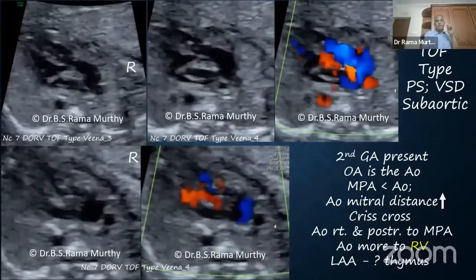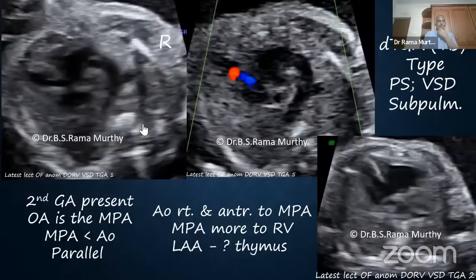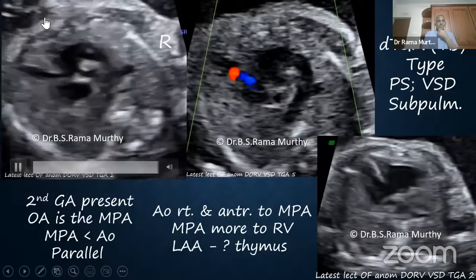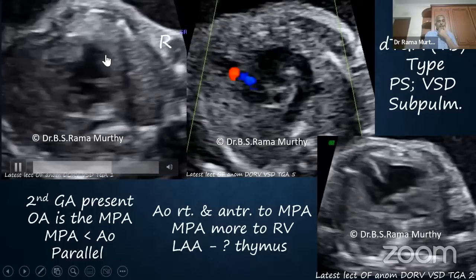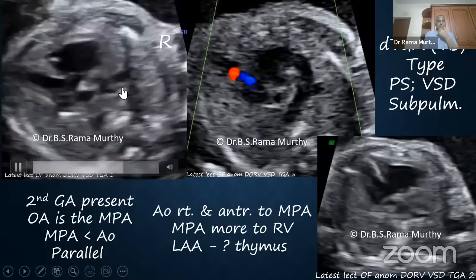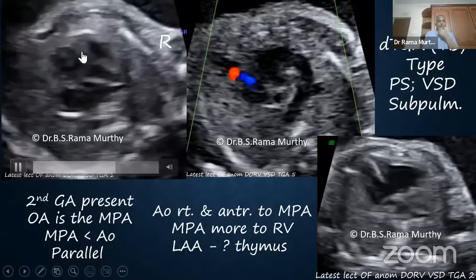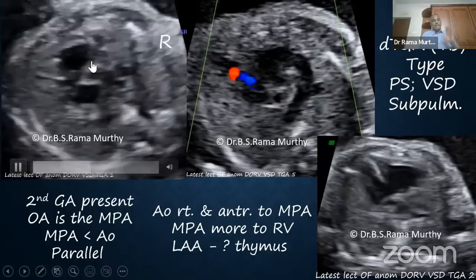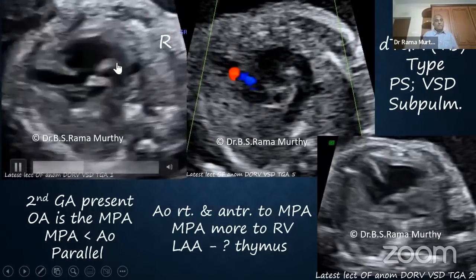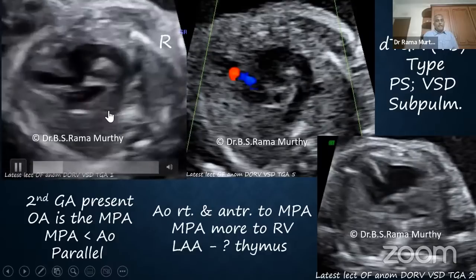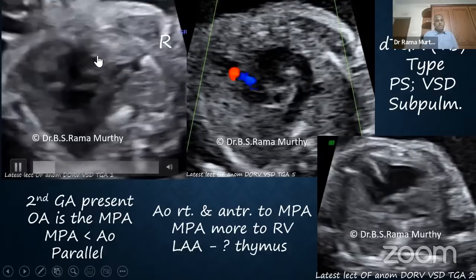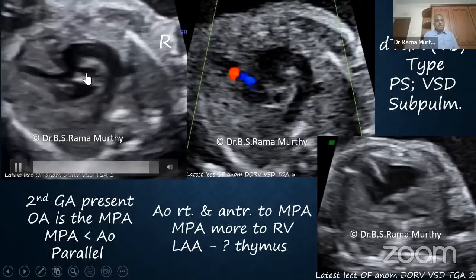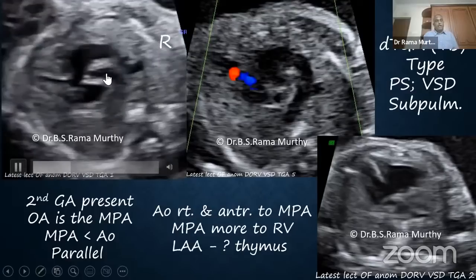Now let's go on to the next case, and here you will see that this is the spine, this is the anterior chest wall. You find that there are 2 great arteries, and both of them are majorly the aorta. This is okay. Before we say what is the origin, let us identify the arteries. There is one large artery, and that seems to be arching to me. So I'm going to brand that as the aorta. If I brand this as the aorta, the smaller one becomes the pulmonary artery.